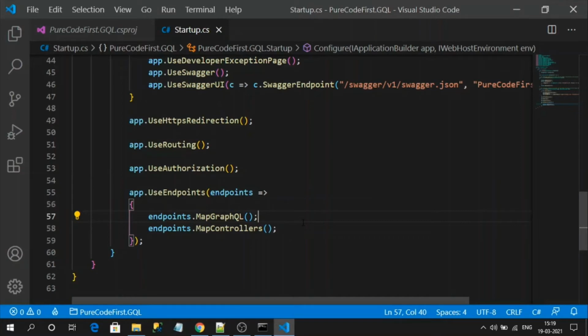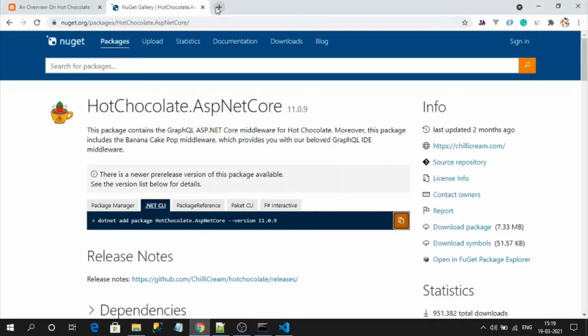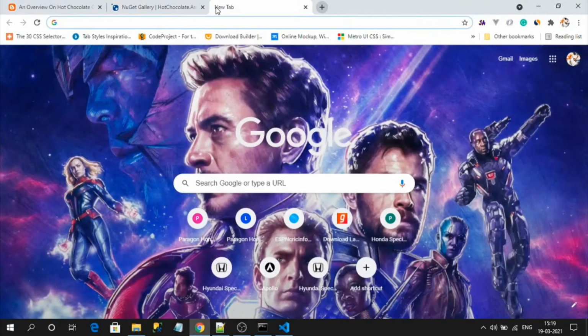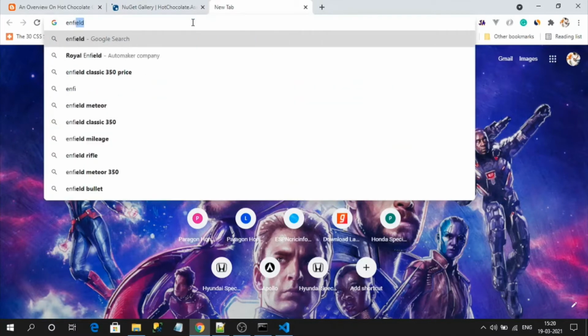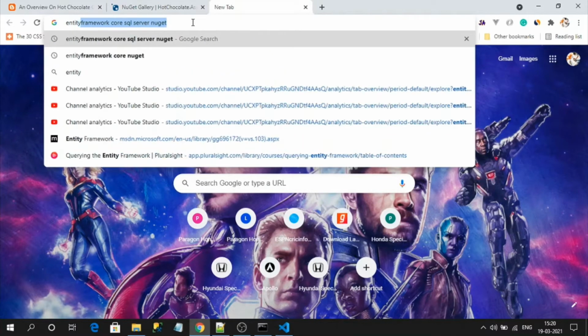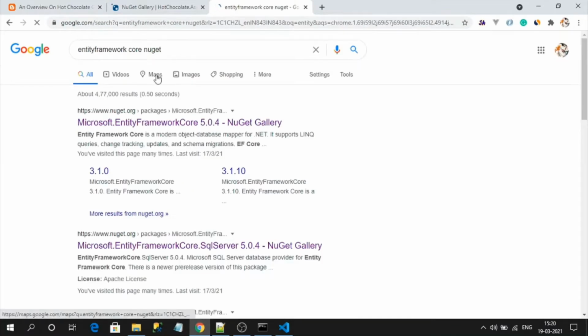So the first step is I need to install the Entity Framework Core NuGet package, and also the Entity Framework SQL Server extension NuGet as well, because my database is a SQL database. First, install Entity Framework Core NuGet.